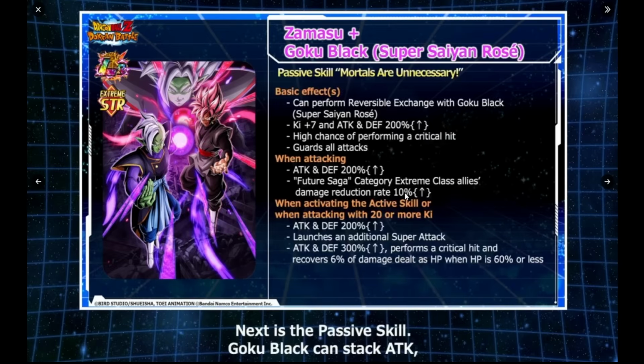So if he's attacking in like slot 2, the unit in slot 1 will have already had their go and been attacked and done their attacks. But then this unit and the unit in slot 3 will get 10% damage reduction for Future Saga extreme class allies. When attacking with 20 key or doing the active skill, attack and defense 200%, launch an additional super, and then attack and defense 300%, guaranteed crit, and recovers 6% of damage dealt as HP when HP is 60% or